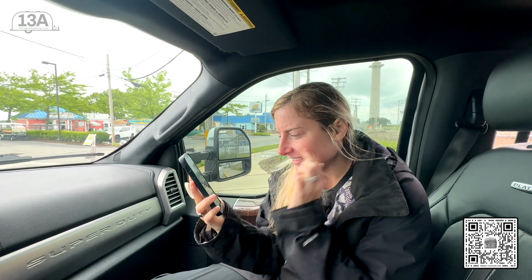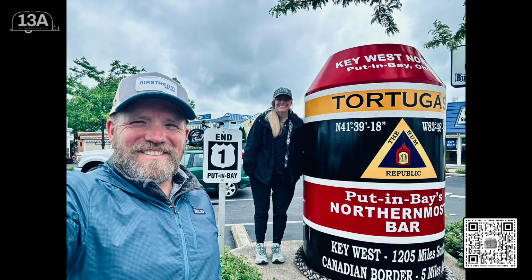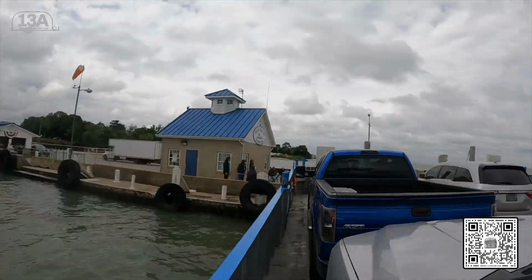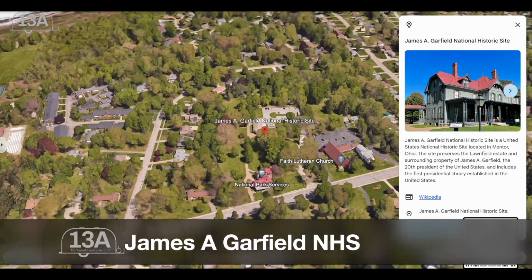No way. Now you've been to both ends. End of Highway 1. Yep. Key West North, 1,205 miles south of here. That's neat. While not really the end of Highway 1, it is a great theme restaurant based on the Key West. We got back on the ferry, made our way across the bay, and then made our way over to James